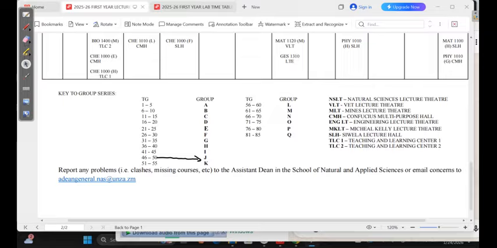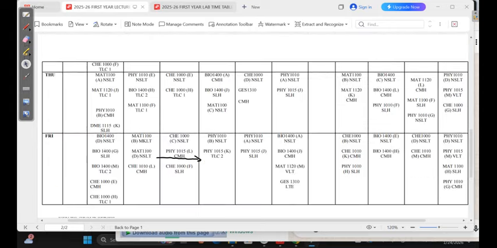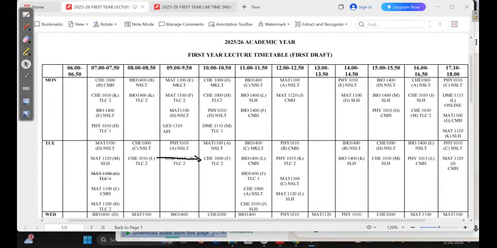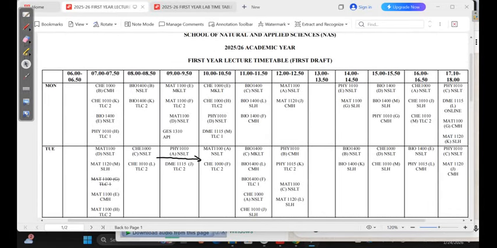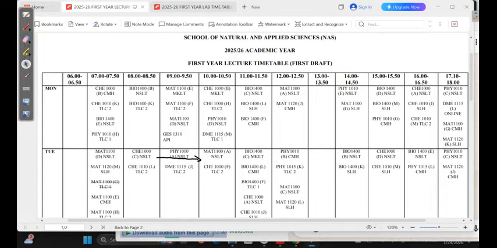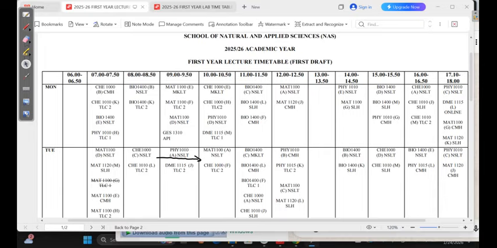Even on Monday early in the morning, you can ask anyone, they'll be able to guide you where they are. Then, just like that, from 8 hours to 8:50, that is 50 minutes, BOW 1400, group B. Group B, they are having BOW 1400 in NSLT. Then at the same time, group K is also having BOW 1400. That is in a lecture theater